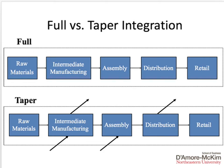One alternative to full integration is taper integration, and this really helps the firm to address some of the challenges of vertical integration and try to reduce the costs. At the top here we have a fully vertically integrated firm that owns all aspects of the value chain, and essentially each stage of the value chain is responsible for buying or purchasing all the outputs of the stage before it. What taper integration says is the firm may be allowed to either buy from the outside or sell to